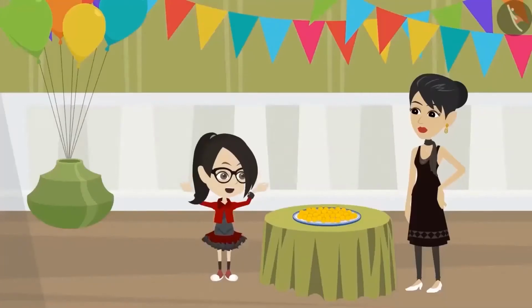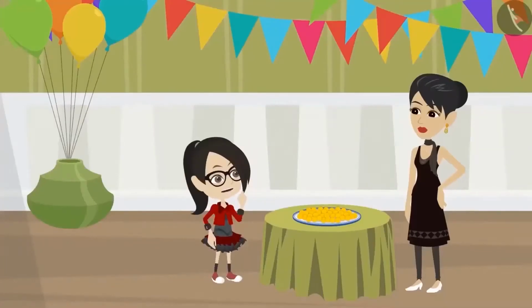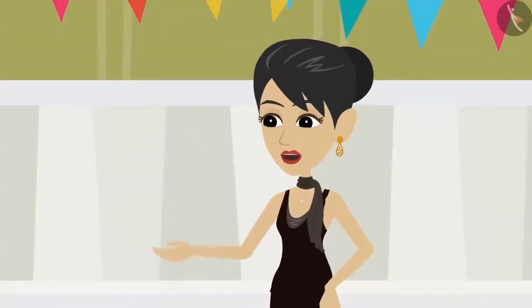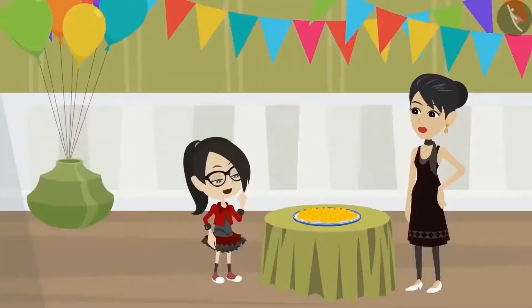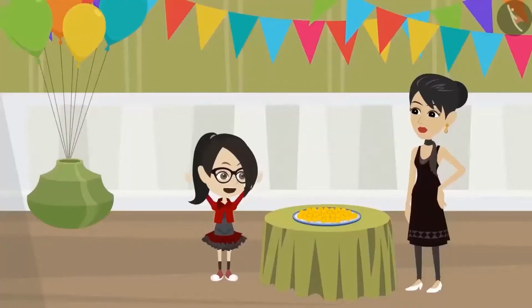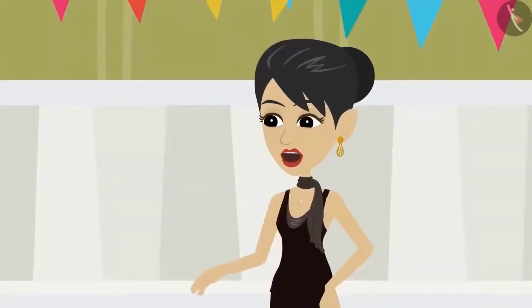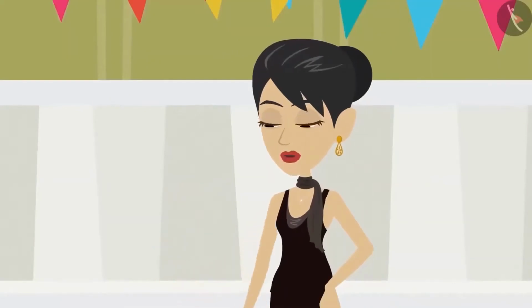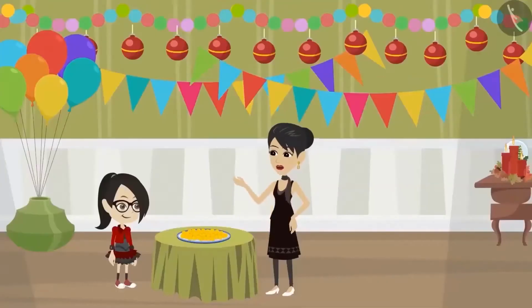Mummy, how did you find the answer so quickly? It took me so long to do it. I used division and found out. How did you do it? I put the laddus in groups of 4 and then counted the number of groups. But how did you divide it? It's very easy. We have a total of 36 laddus and we know that 4 laddus will come in every box. Then divide 36 by 4. When you divide 36 by 4, the answer will be the same number.